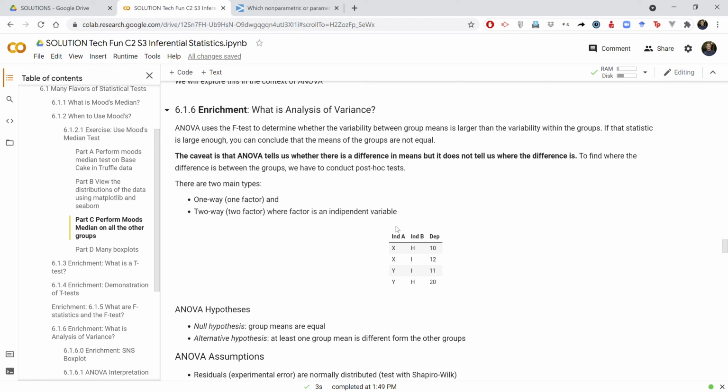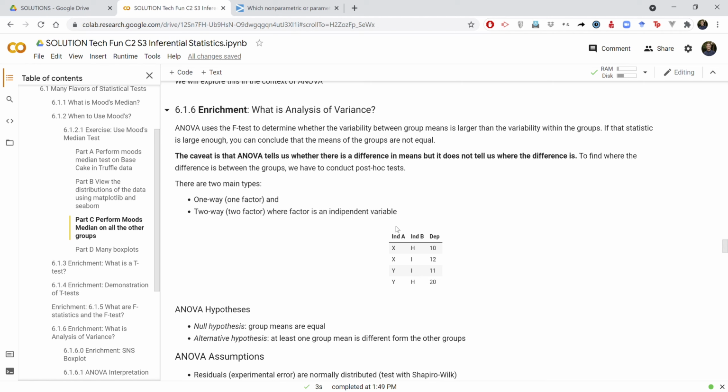All right, on to analysis of variance. ANOVA uses the F-test to determine whether the variability between groups is larger than the variability within the groups. If that statistic is large enough, you can conclude that the means of the groups are not equal. The caveat is that ANOVA tells us whether there is a difference in means, but it does not tell us